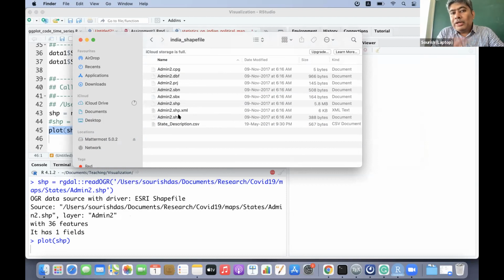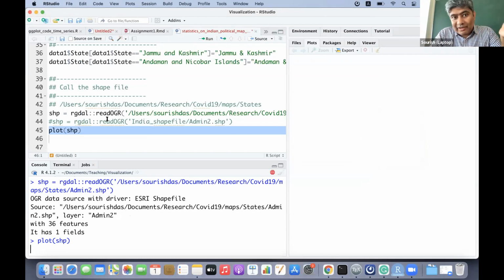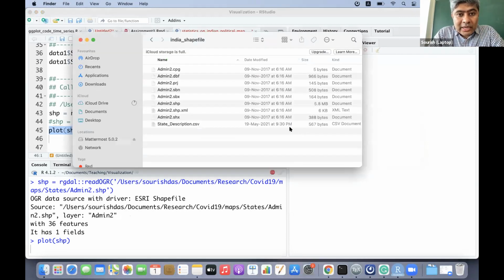So don't delete those files. When the rgdal package or sf package is calling this shape file, it will require these files as well. So don't delete them. Just let them be there.